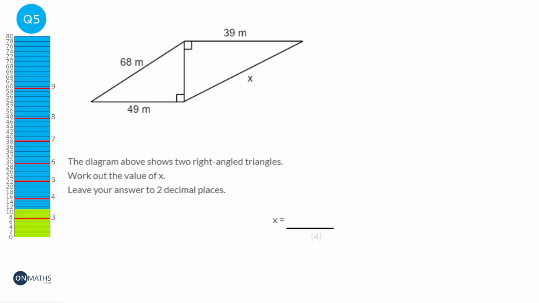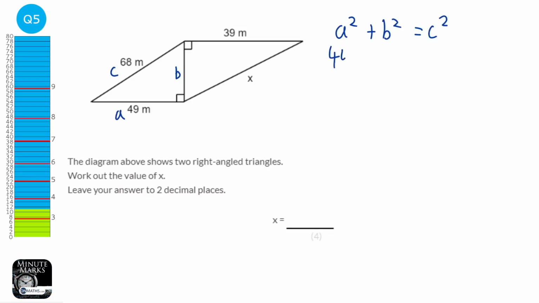We can't work out what x is straight away, but we can find this value here. And we know with Pythagoras we can find a third length if we've got the other two in a right angled triangle. So a squared plus b squared equals c squared. And a and b were labelled. C is always opposite the right angle, so it'd be 49 squared plus b squared equals 68 squared. And 49 squared is 2,401. And 68 squared is